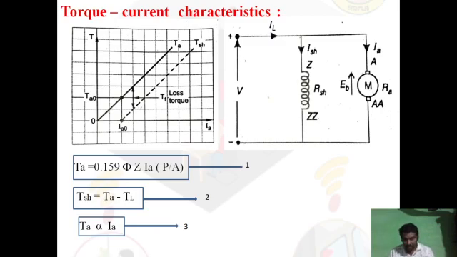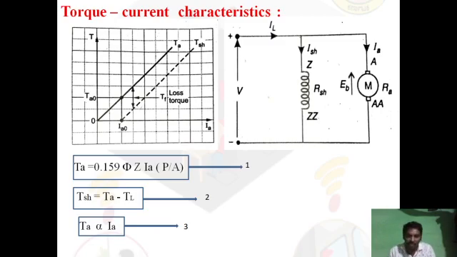But after that, some amount of torque is lost due to the losses. That is called lost torque, TL or TF. Anyway, we can represent it here, they have represented TF. TL also you can represent. Some amount of torque is lost due to the stray losses, that is the friction and windage losses and iron losses. Okay, some amount of torque is lost.